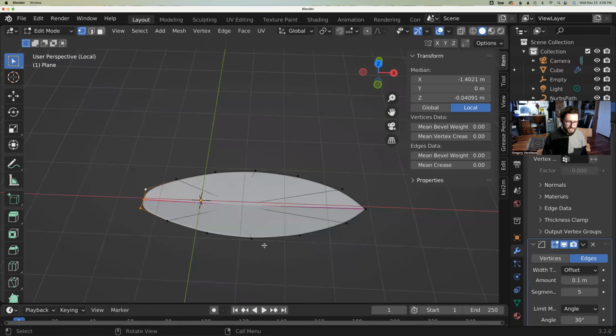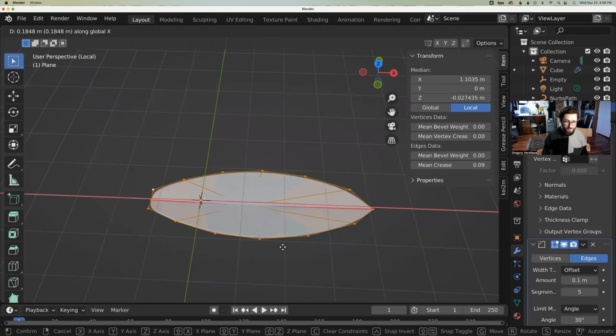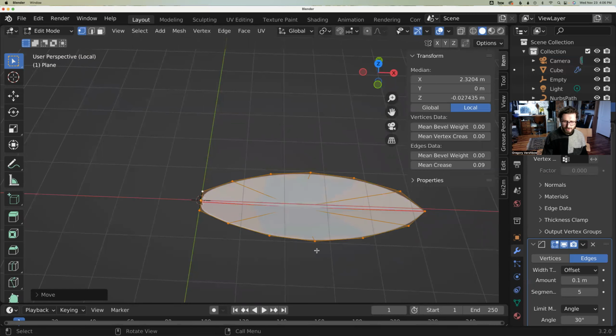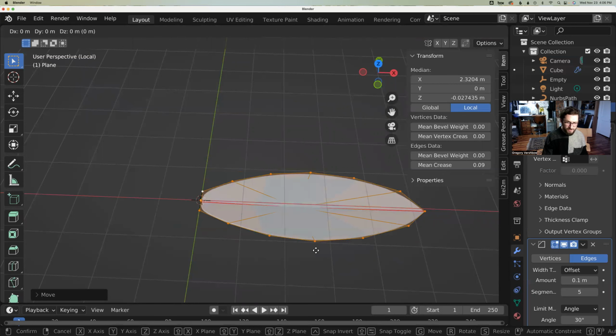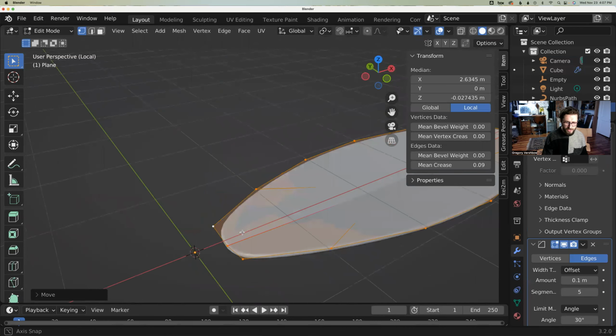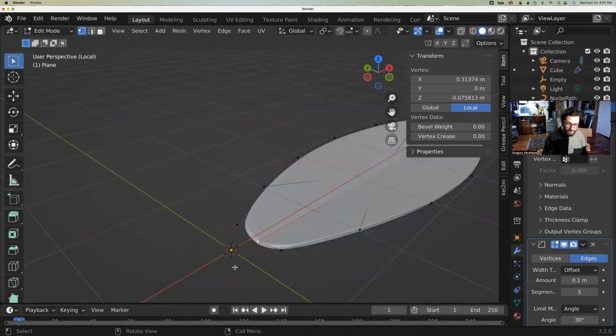So now back in edit mode, select A for select all, G for grab, X for X axis. We'll move it more or less to the point. It actually doesn't need to be exact. You know, we could give this leaf a stem. It just occurred to me. So we could bring that out a little bit. And how am I going to give this a stem? I think I will